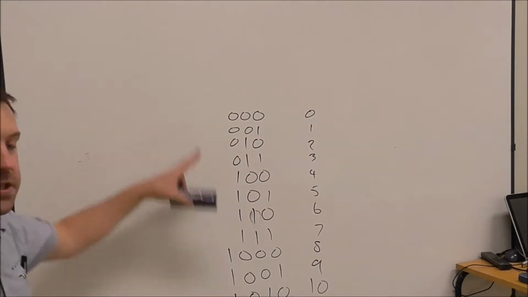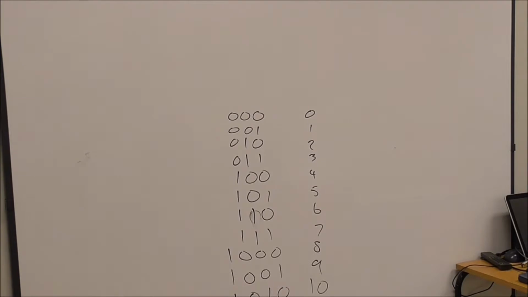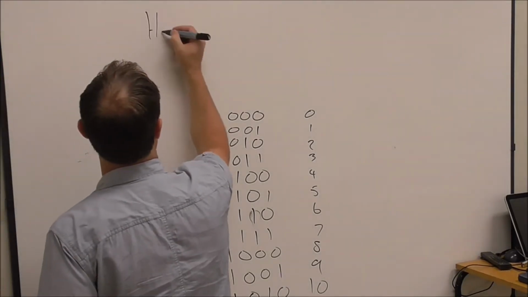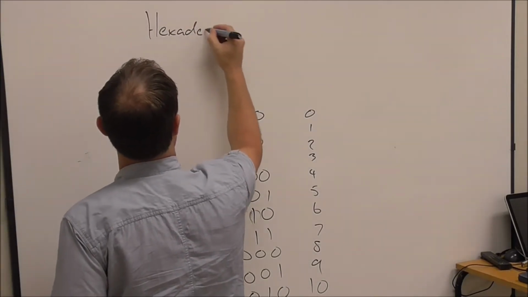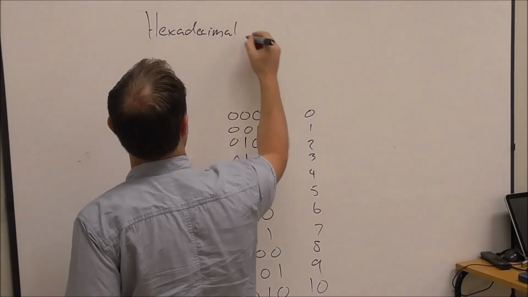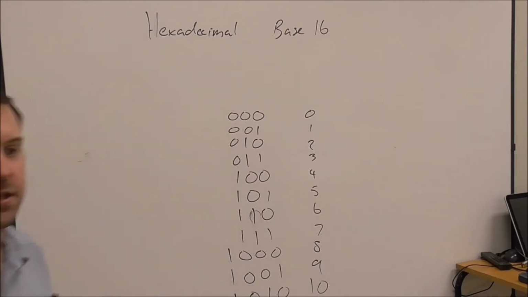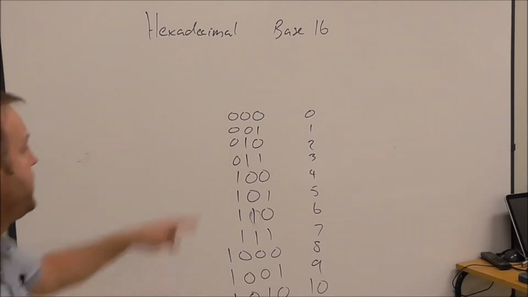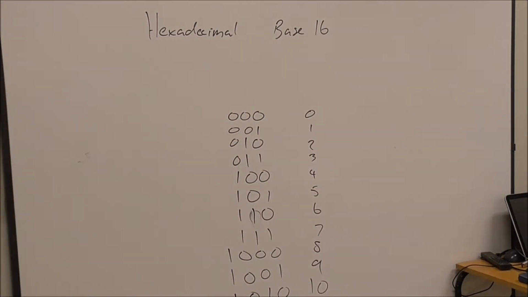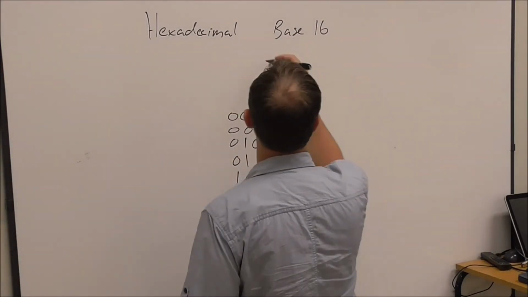Alright, so I've got 16 different states that I could represent, and hexadecimal is base 16. And it's no coincidence that it's base 16, because it is also a digital number system. Okay, so there are 16 states,